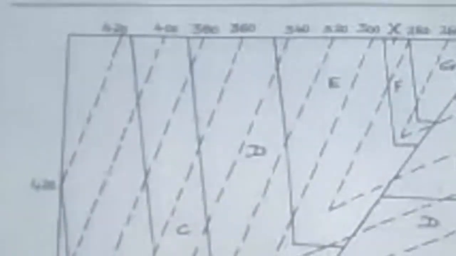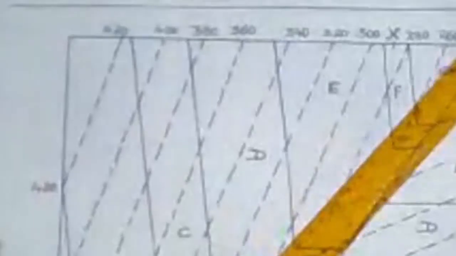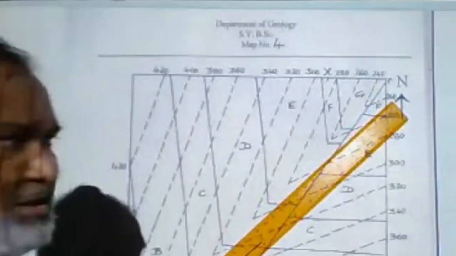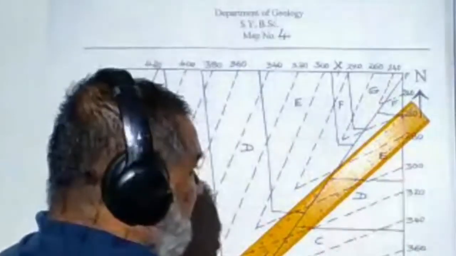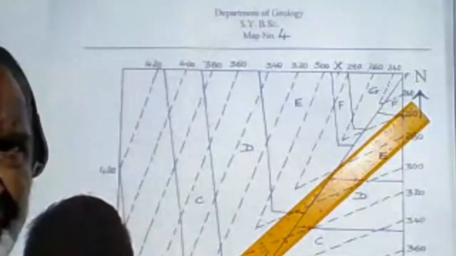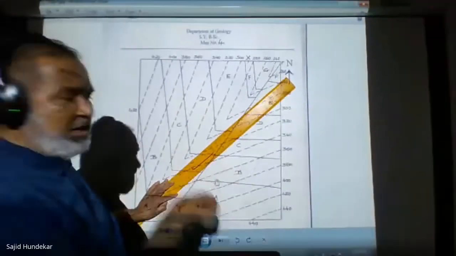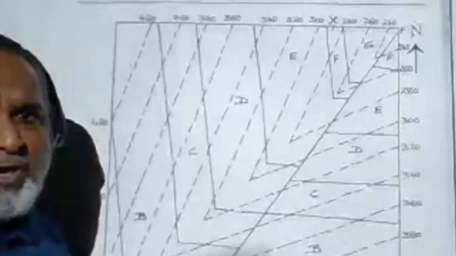Measure the perpendicular distance between the first strike line and the last strike line, divided by the number of divisions. You get the average distance. Again, B will be 20 meters divided by whatever average you get, multiplied by 100. So 1 upon 5 multiplied by the horizontal distance. So 1 upon X will be your true dip amount.